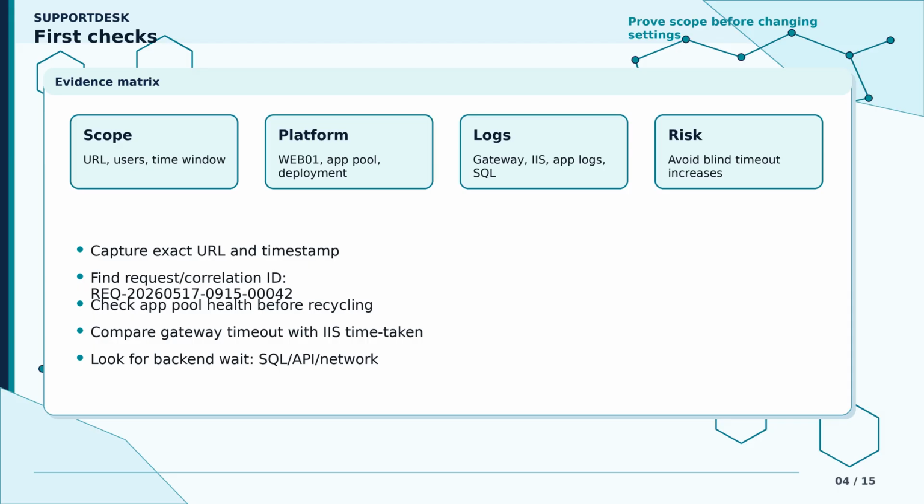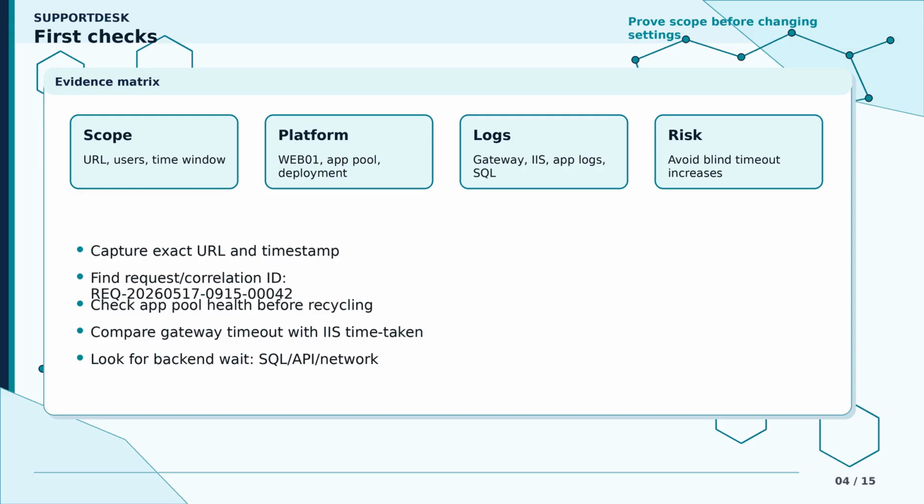The first thing to capture is the exact failing URL, the approximate time of failure, the affected user, and ideally the client IP or customer site. That gives us enough information to search the IIS access logs. In the IIS logs, we look for a matching request by URL, timestamp and client IP. Here the failing request is for /portal/reports/permonth-end